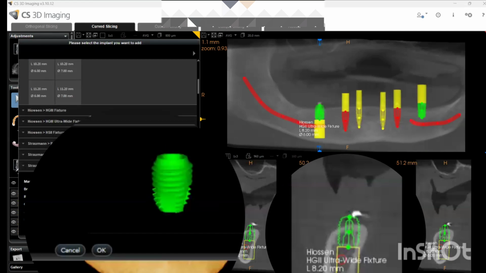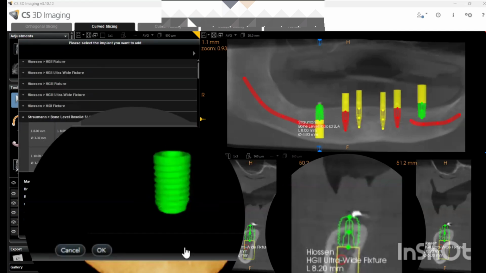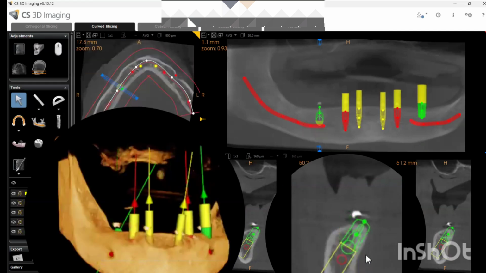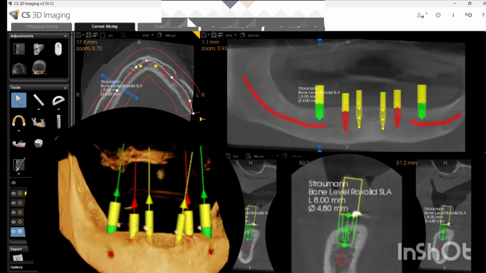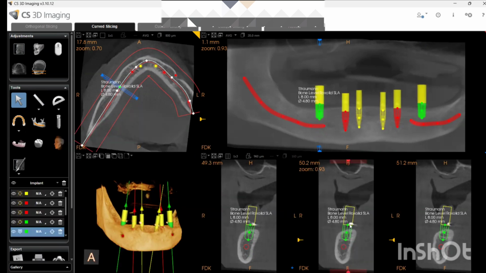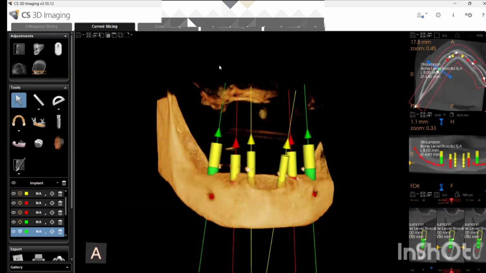Select your implant and now position it. Align your implant. Again, always remember, leave a gap of 2 mm from any anatomical landmark whenever you place the implant. Your implant is placed. See here, you have 2.3. Actually, if you want, you can move it a little bit, just 0.1 mm. Okay. So now, if I show you on the 3D, you can have a look.